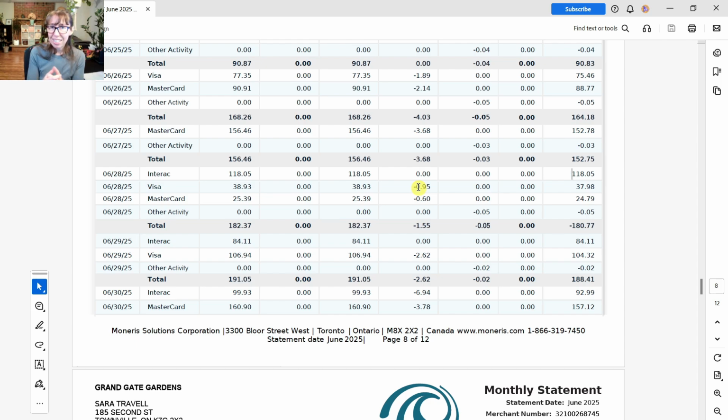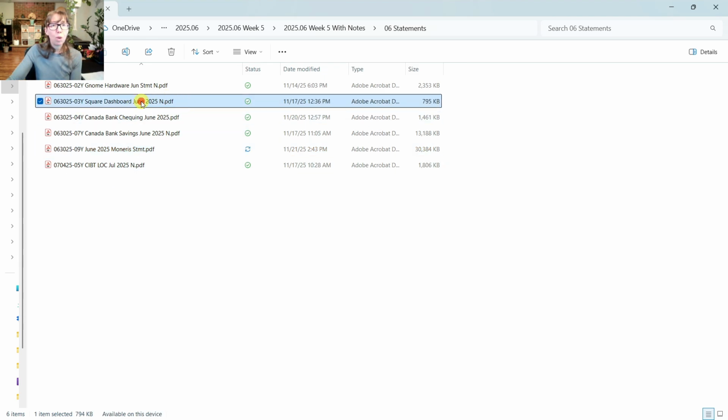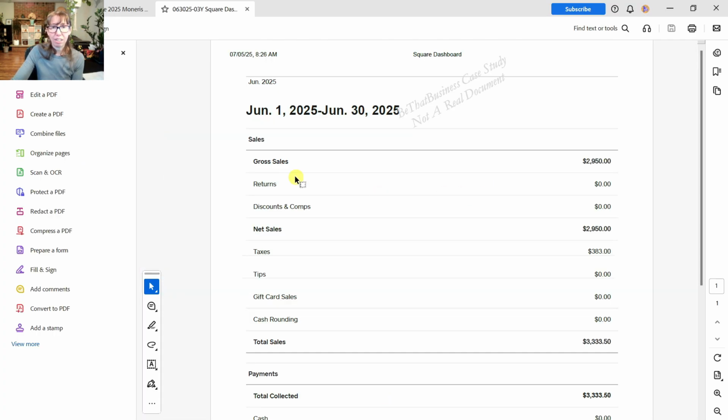So reconciling a clearing account that has a deposit in one month that has some sales from July and some sales from June and also withholds the fees, that gets a little more interesting. And we get to look at that together right now with the Square clearing. So let's go ahead and open up that statement. It's not actually a statement. What this is, is a printout that Sarah gave us